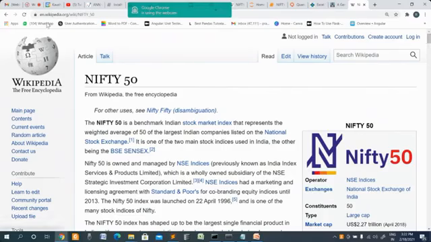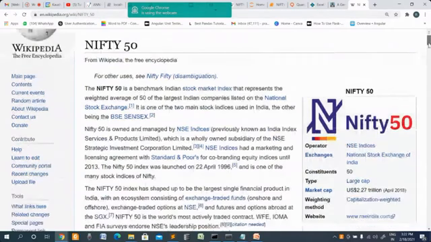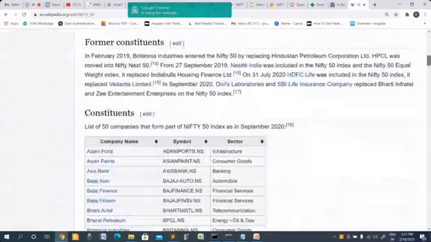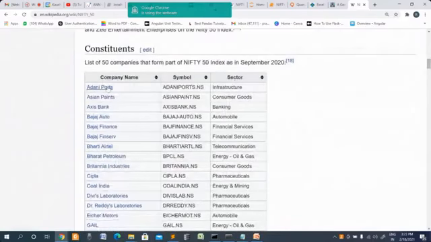So if this page is given, I wanted to get the top 50 companies. See here, Adani Ports, Asian Paints, Axis Bank, Cipla, like that. And I wanted to get their symbol. This is the stock symbol.